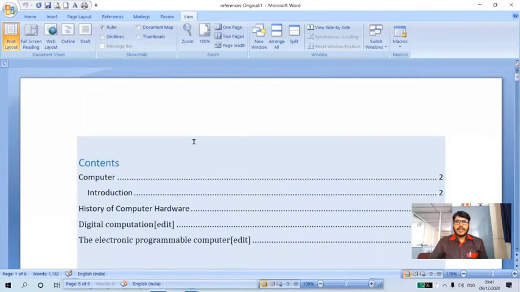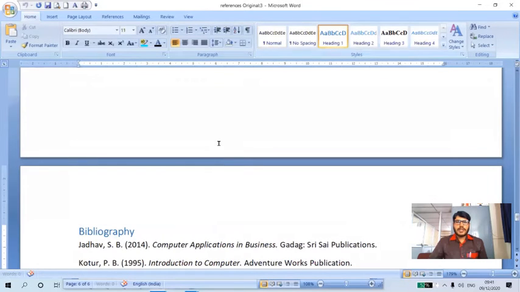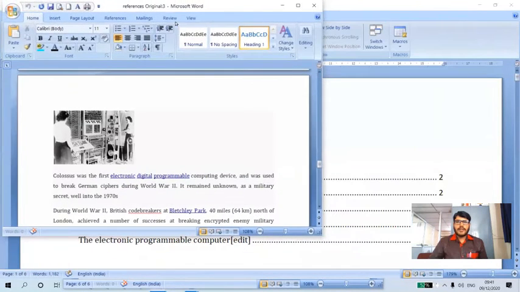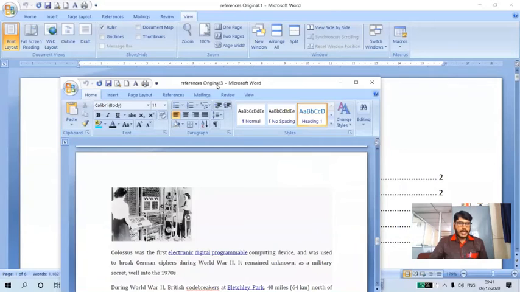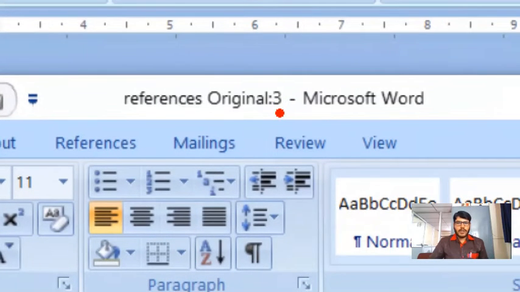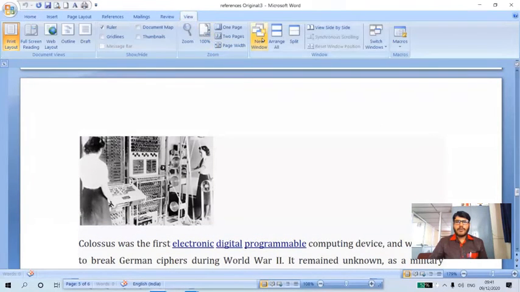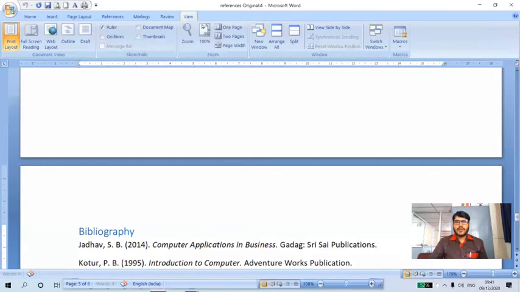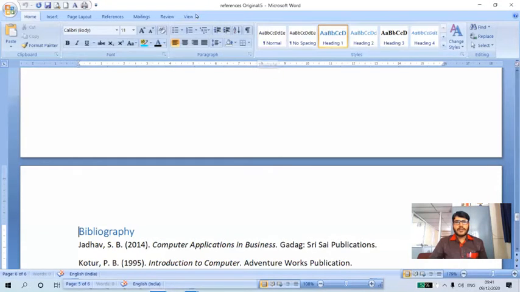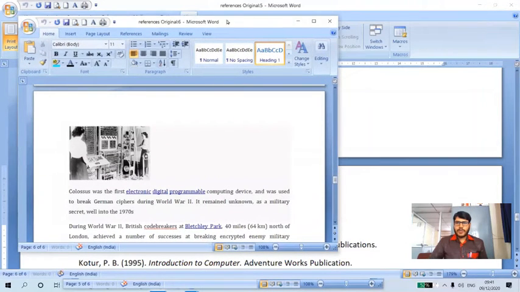Okay, so similarly I can open n number of windows here. As you can see now, this is the third window we are opening. The title is showing number 3, isn't it? So similarly, we can open n number of windows. This is the fourth window, this is the fifth window, this is the sixth window, like that. Now you can observe here, we have totally 6 windows opened here.